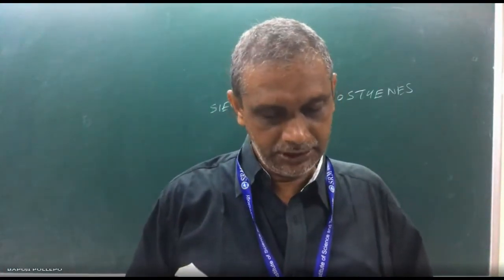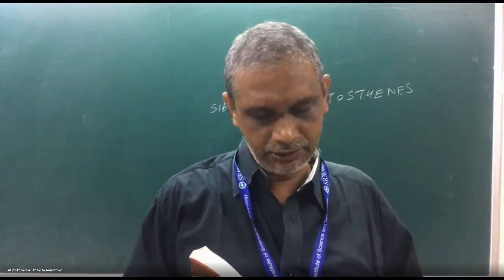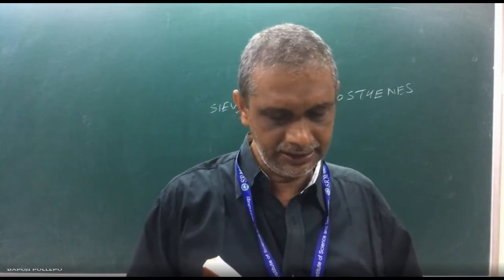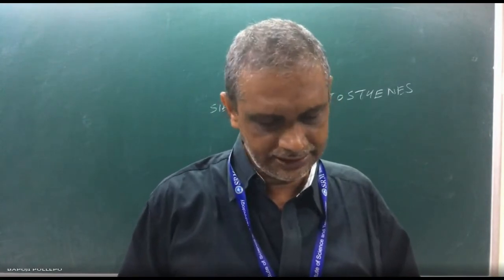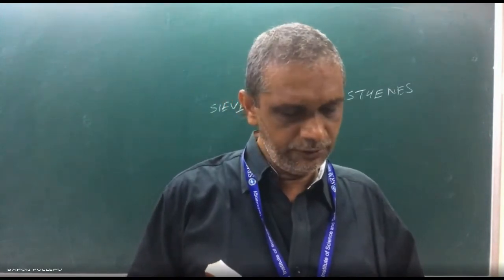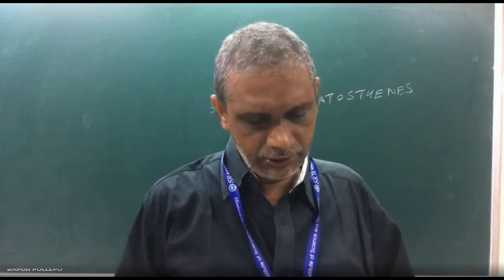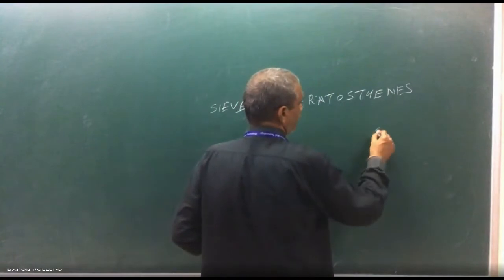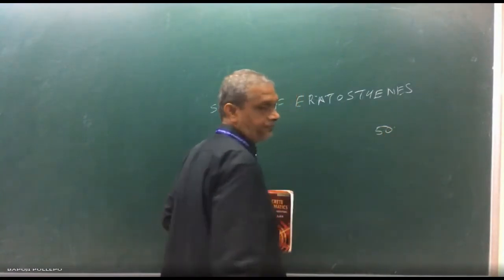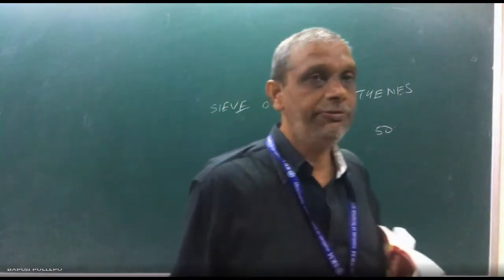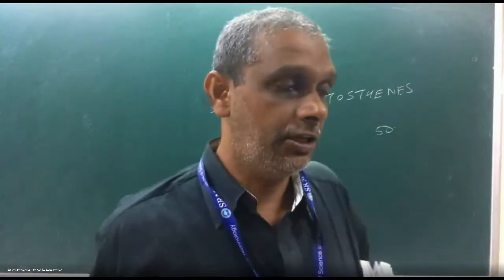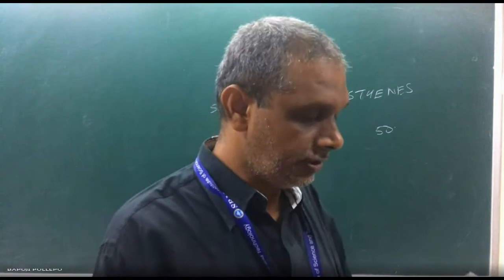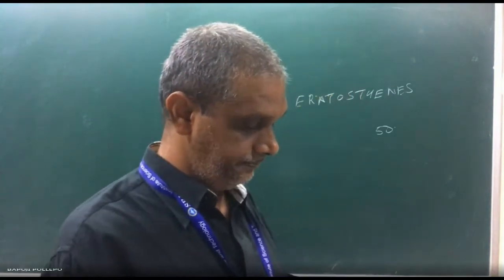The procedure of the Sieve of Eratosthenes can be used to find all prime numbers not exceeding a specific positive integer. For example, we wish to find the primes less than or equal to 50. So you can take one number, 50. Before 50, how many prime numbers are there? How will you find out? Now we can write all 50 numbers.